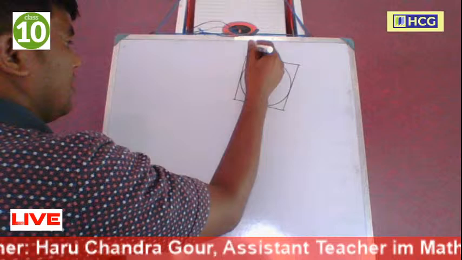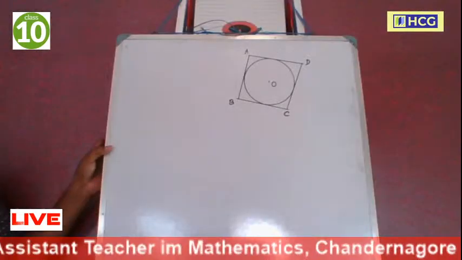ABCD is a circumscribed parallelogram of the circle. Its center is at O. Given: